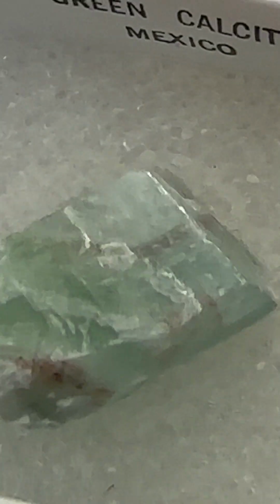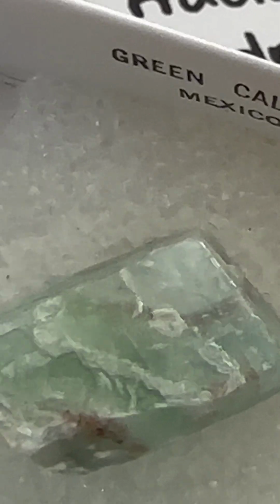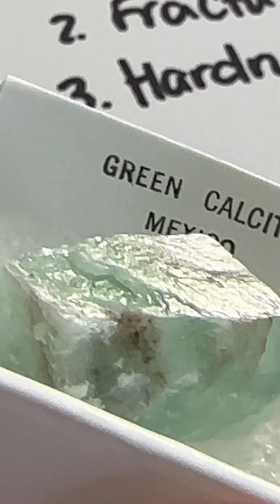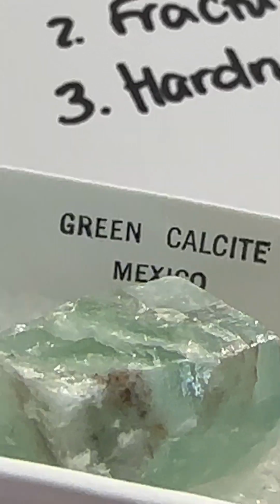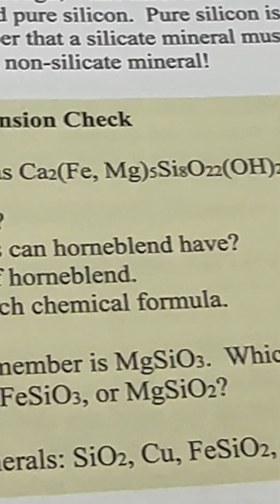So the chemical formula looks really complicated because there are several different versions of each of these minerals. It's like a family. So this is green calcite, there's purple calcite, there's white calcite, all different kinds, and that has to do with its chemical formula. So your book, your comprehension check question, has this as a chemical formula for